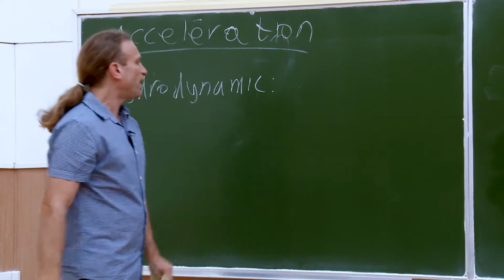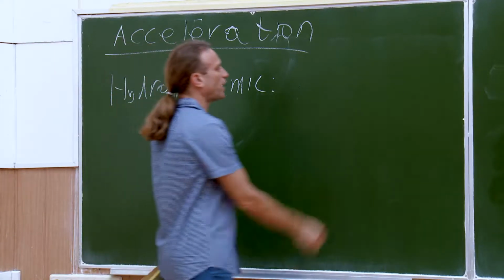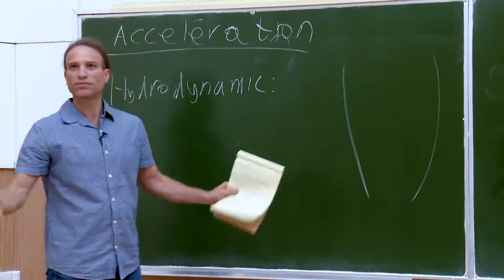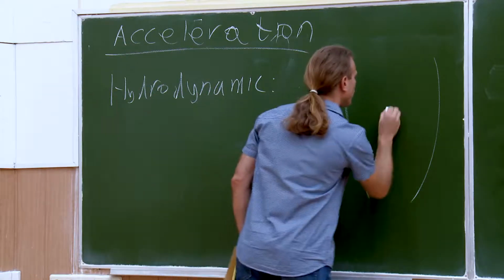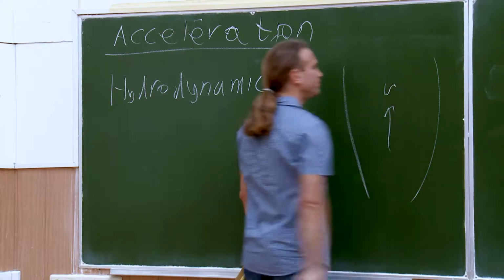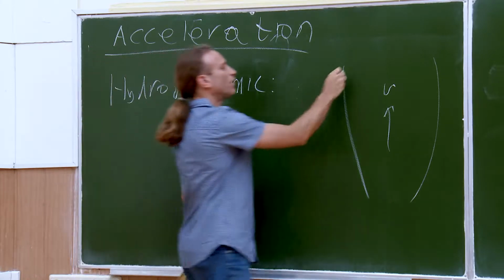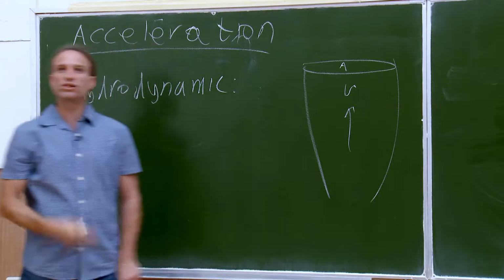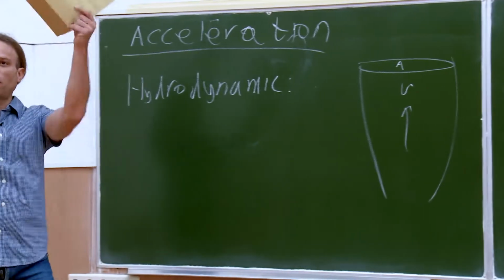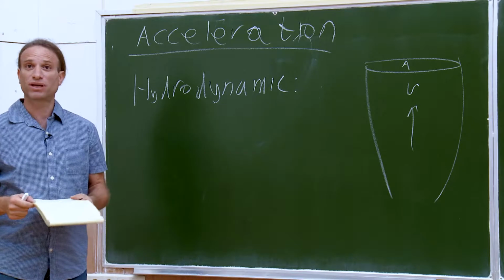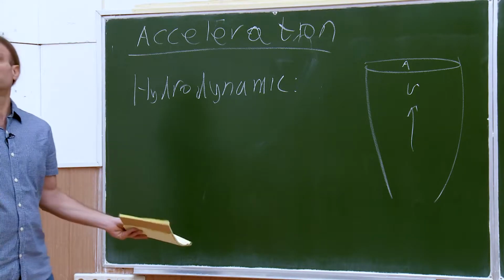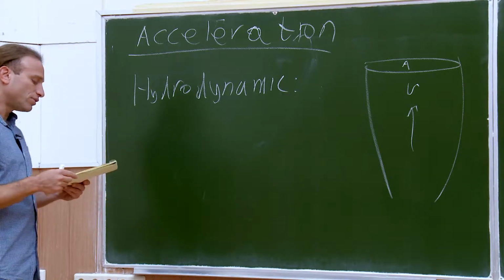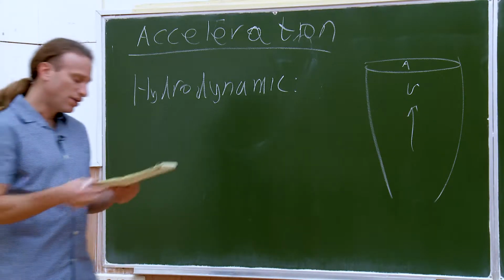So imagine that we have a situation where I have a flow that is collimated within some funnel. Okay, I have a velocity that's going in this direction. The funnel has a cross section A. And I want to see how the flow behaves as it's propagating up this funnel. So in order to do that, I just have conservation equations that I will use. First conservation equation is the conservation of mass.